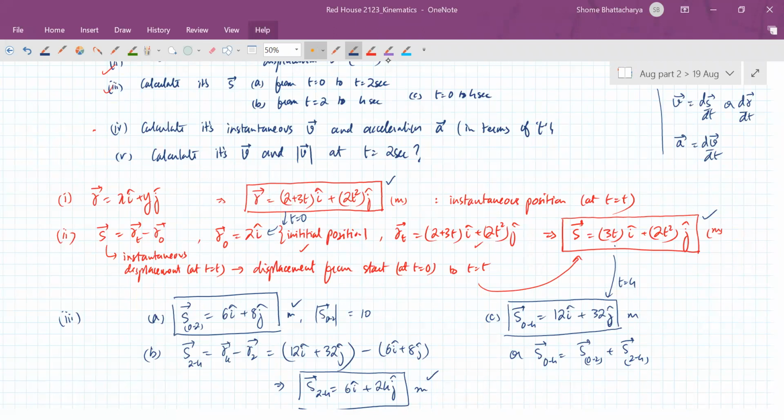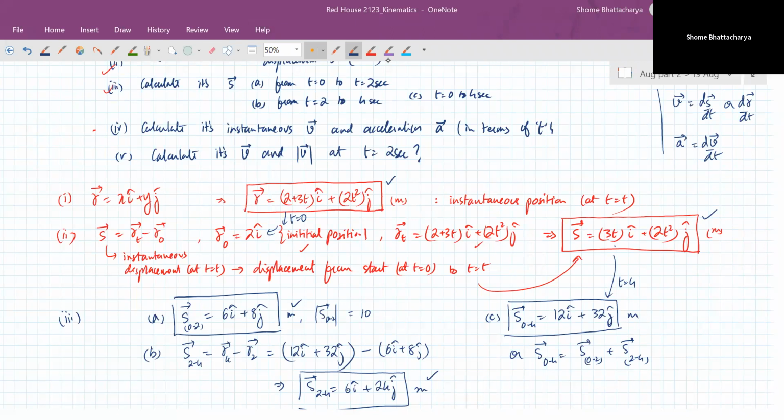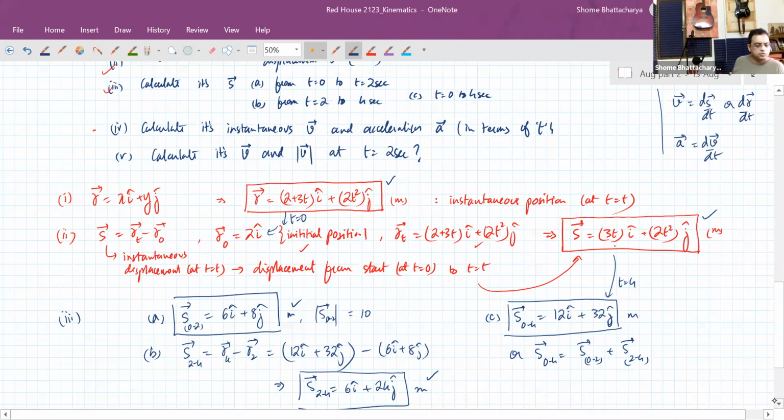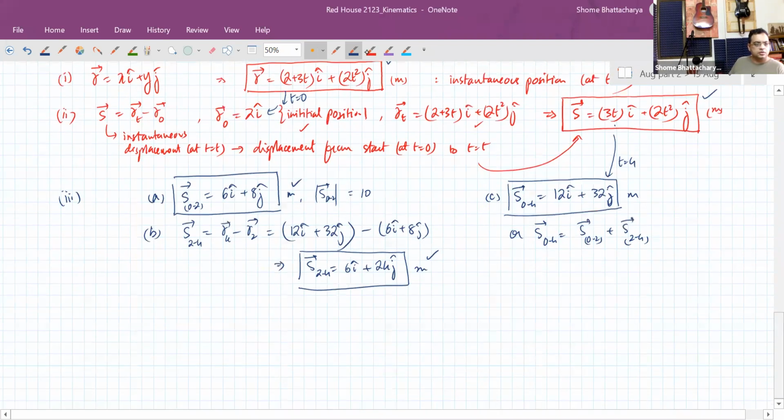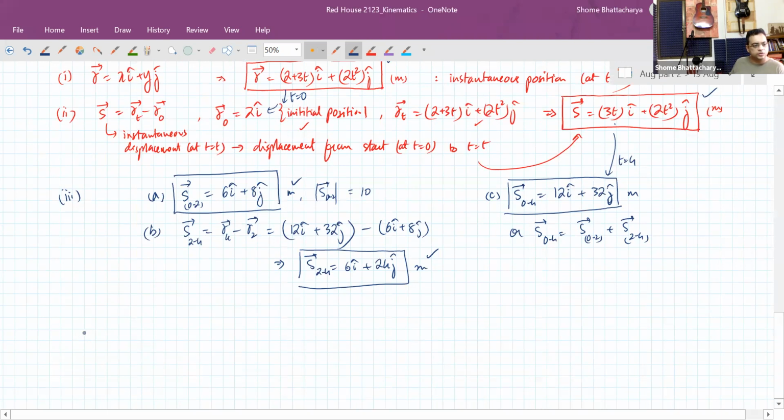Okay, people. So I'm just checking your answers. Yes, many of you have got this correct. So when you are calculating the velocity, you can go with either of the two definitions, ds by dt, or that's the same thing as dr by dt. So here, if you substitute ds by dt,